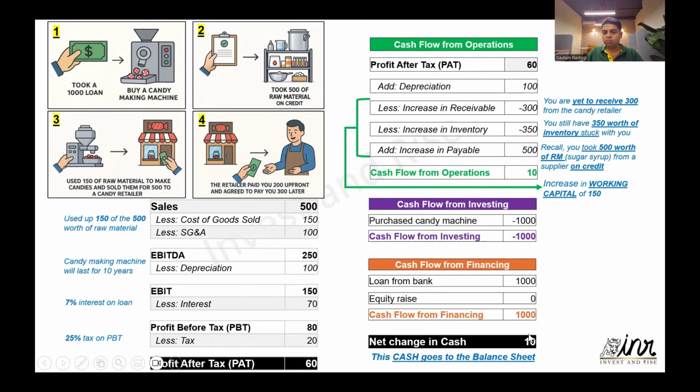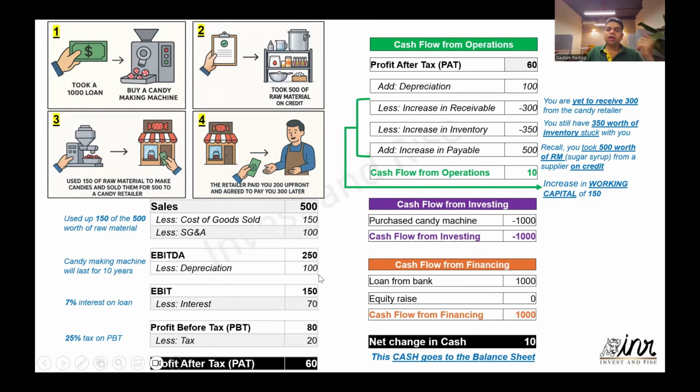Okay, so hope you were able to understand. And this cash, 10 rupees, this goes to the balance sheet. ये बैलेंस शीट में चला जाता है। Okay, right. So see, before I pull up an actual cash flow statement and walk you through it, hope आप ये समझ गए होंगे. And please compare, तो आपको समझ में आया होगा क्या है ये। Please, in your mind, always compare profit after tax with cash flow from operations. ठीक है,